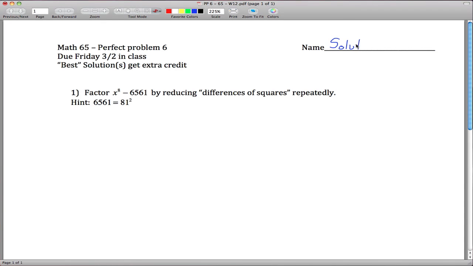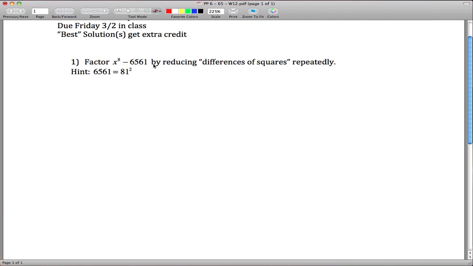Alright, here are solutions to perfect problem 6 for Math 65. Okay, so what we do here is recognize